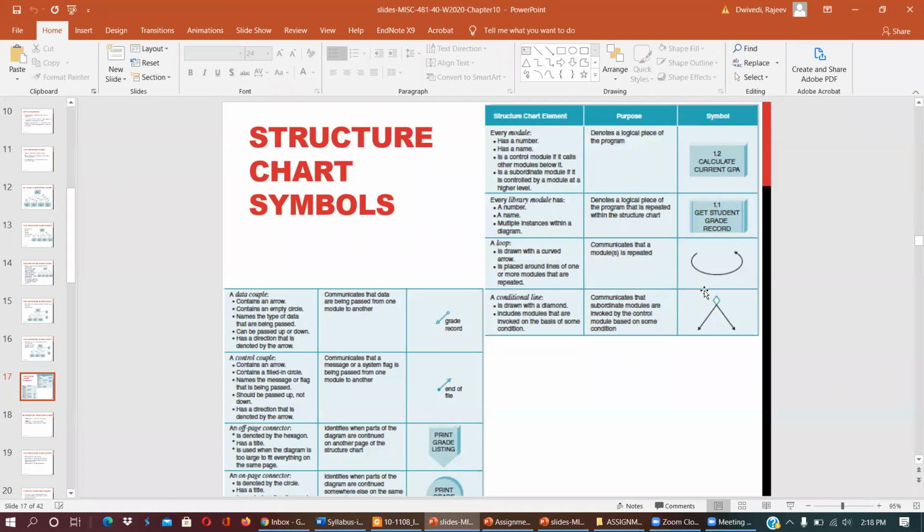A loop is drawn with a curved arrow, placed around the lines of one or more modules that are repeated. So remember, people normally do this wrong: instead of this direction, that direction communicates that a module is repeated. So here,